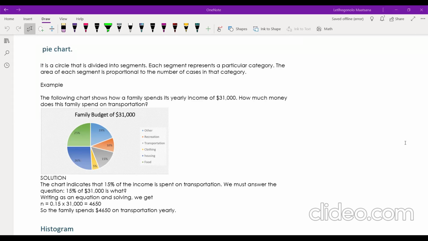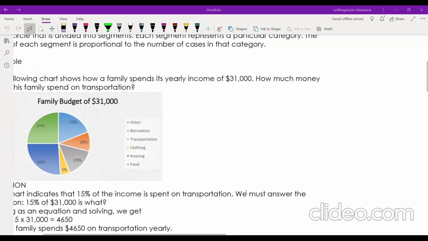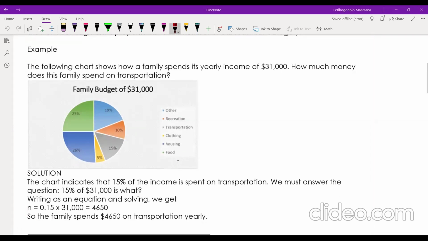It says the following chart shows how a family spends a yearly income of $81,000. How much money does the family spend on transportation? So, if we take a look at the pie chart a little bit closer, we will notice that transportation, which is the gray part, is 15%